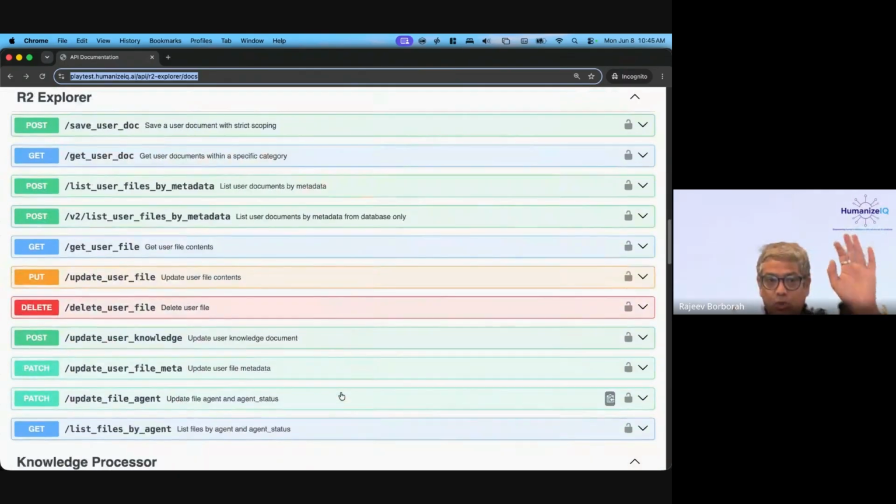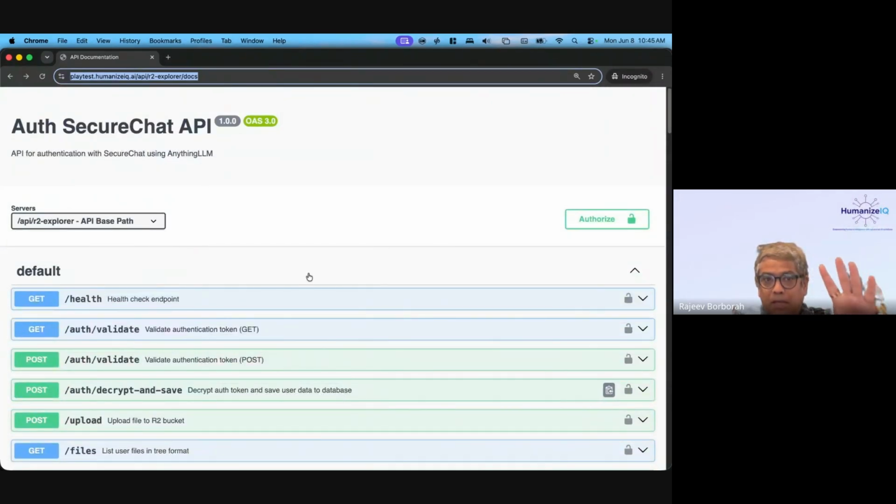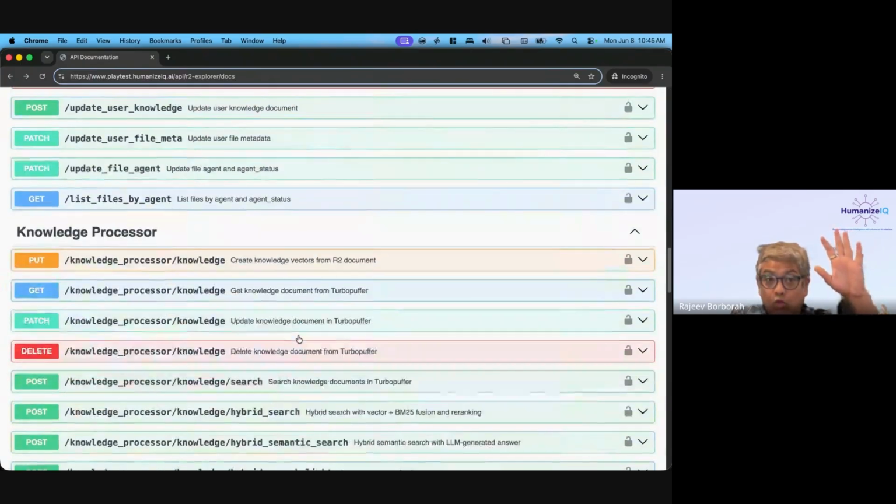So please make sure you evaluate this API, try this API, note down the URL of this API. This is the Explorer API. This API is used in our organization whenever files are uploaded. It is also used for RAG basically.